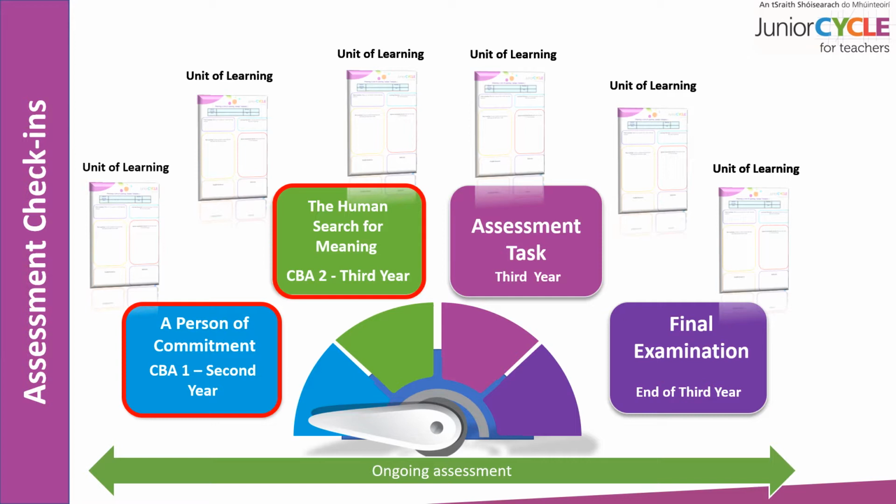CPAs themselves are units of learning which take place over a period of 3 weeks. We will be looking at the overview of the 2 CPAs in this session. We will also be looking at CPA 1 and CPA 2 separately, as well as giving you an overview of the assessment procedures. An important note in the assessment guidelines is the message that our CPAs form part of our everyday teaching and learning that happens in the classroom. They are included in the allocated time for religious education, which is a minimum of 200 hours.